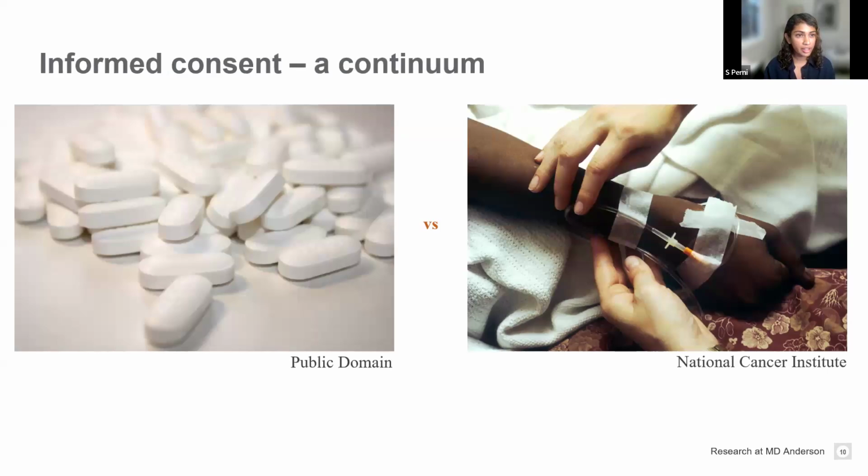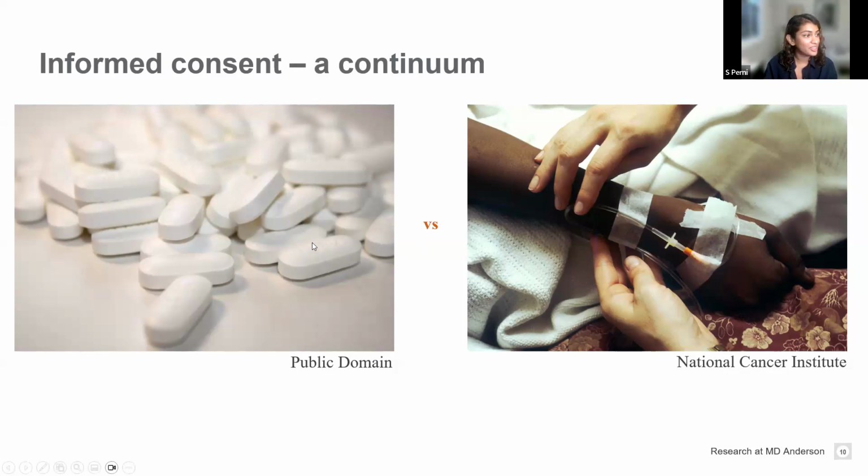But it's important to remember that informed consent is definitely a continuum. Even now, while prospective clinical trials typically require a written informed consent via that process, there are waivers. And we can see that even when we think about clinical situations, like on the left here,